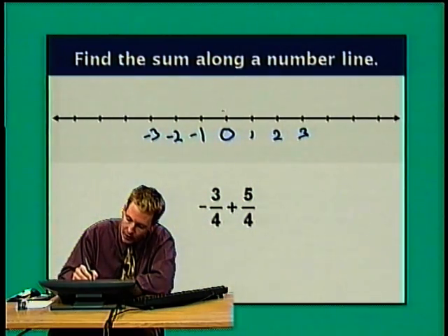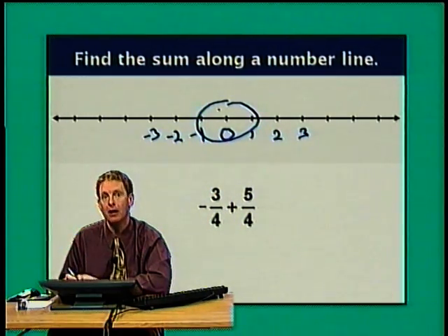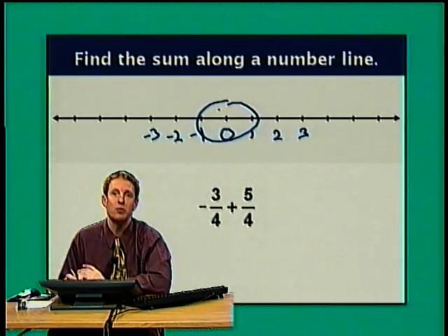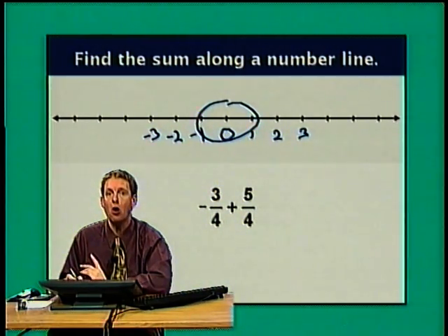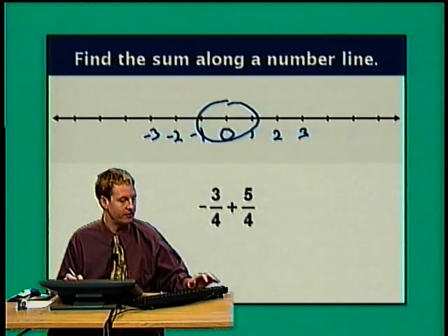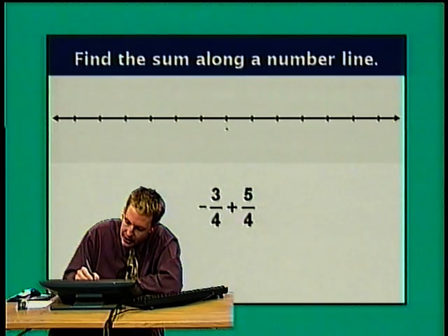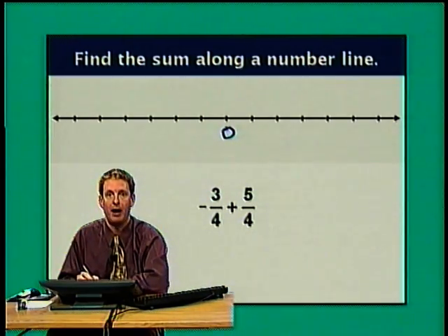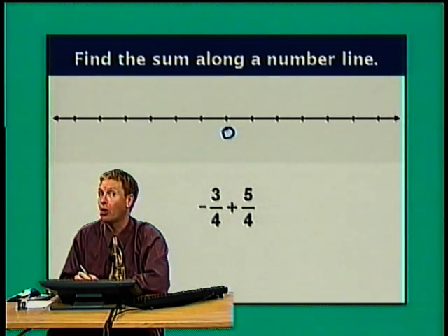But I don't think I get a very good illustration of the motion using this scale for 2 reasons. One is all of the movement would be crammed into this one weeny little part of the number line. Another reason is I'd only be able to estimate where -3/4 and +5/4 are on the number line. So I think I'm going to choose a different scale. I'm going to stick with 0 being in the middle of the number line, but rather than having a scale of 1, I'm going to use a scale of 1/4.